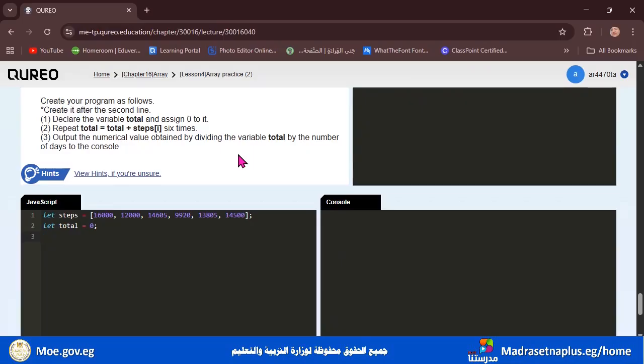So how to write it? Using the for or the looping process. We write for and open the parentheses.